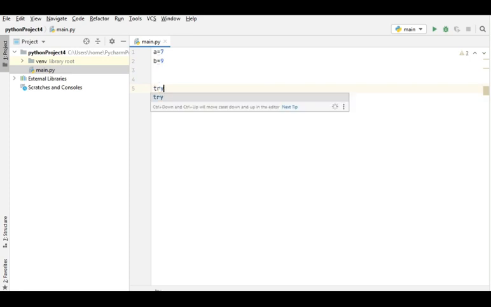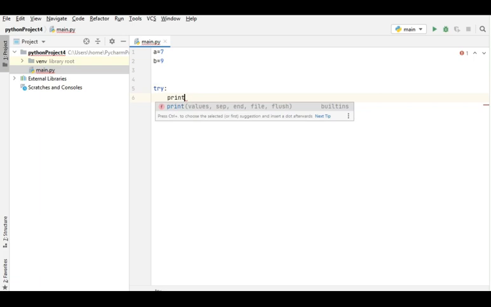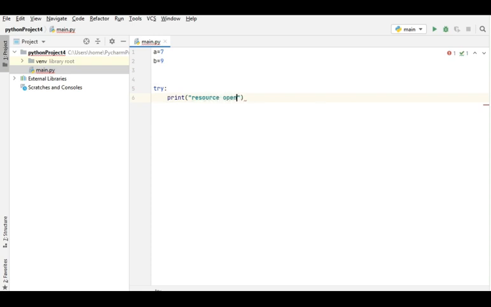Try, and then let's print resource open.